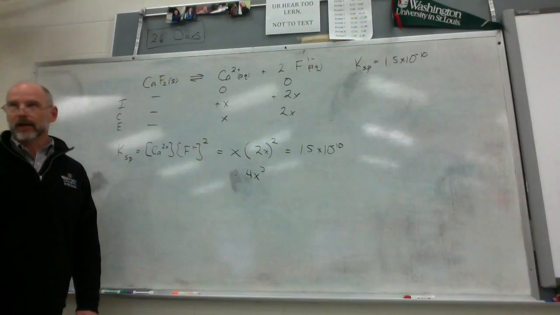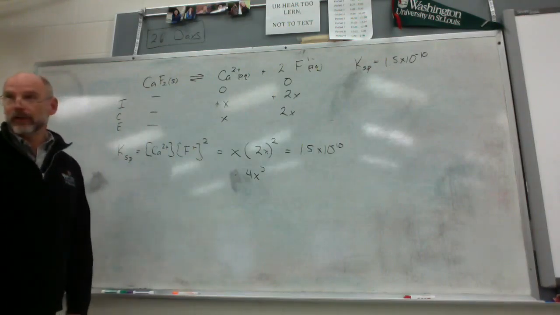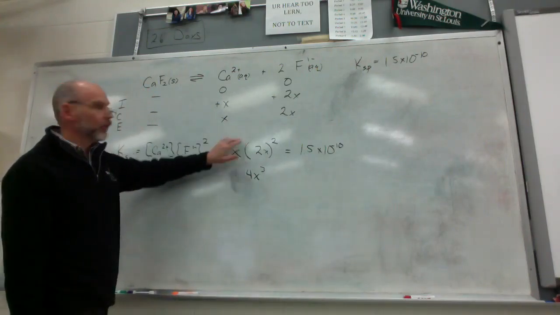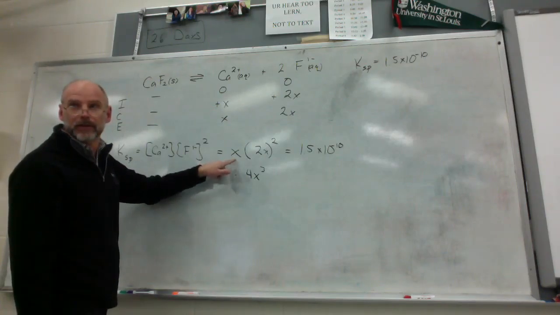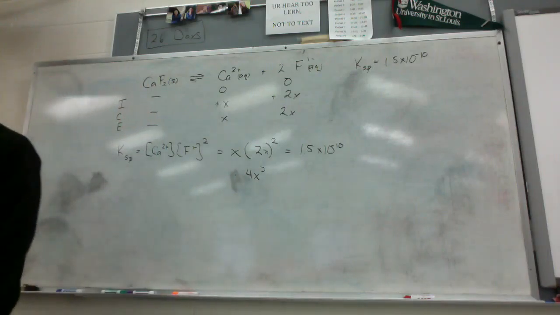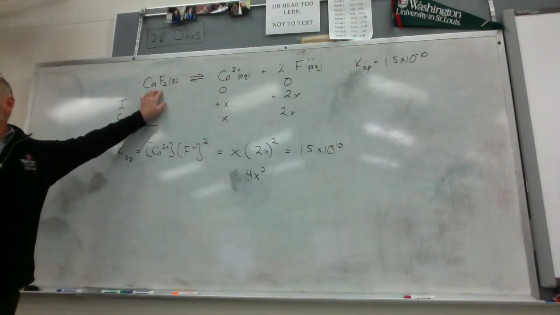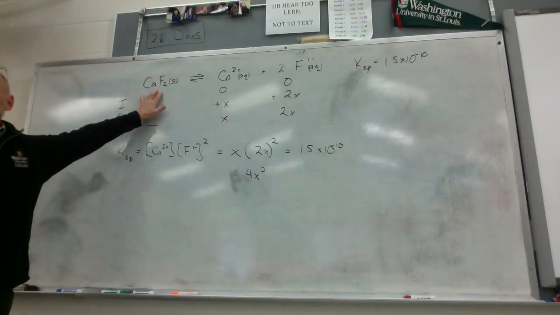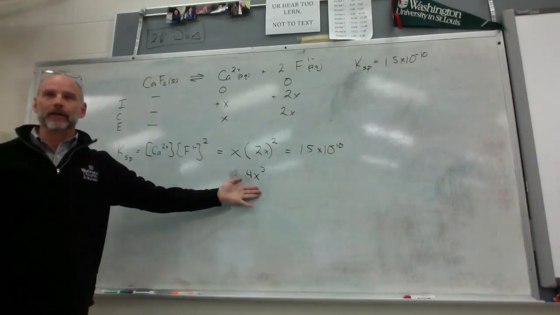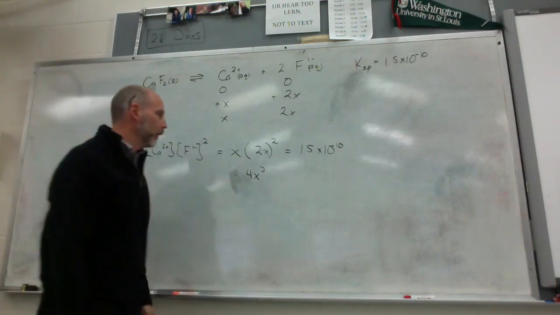I'm waiting for the shock to be overcome. Everyone sees that, right? Okay, some of you see that. This is 4x squared times x, which gives us 4x cubed. Really soon, if you do enough of these problems that I've assigned out of the book, you're going to recognize right off the bat, you see 3 ions, you're just automatically going to call that a 4x cubed problem. Because no matter what the ions are, you're going to get a 4x cubed problem. Okay, with that being said,